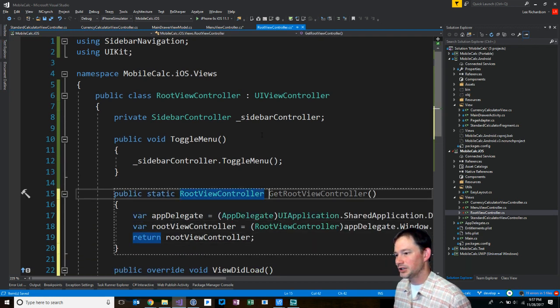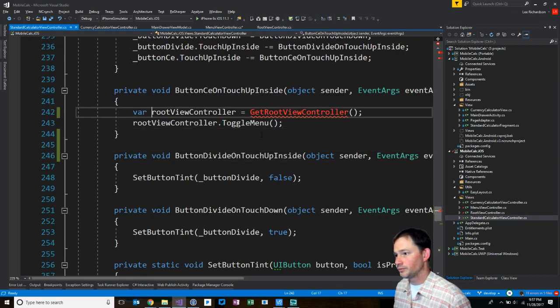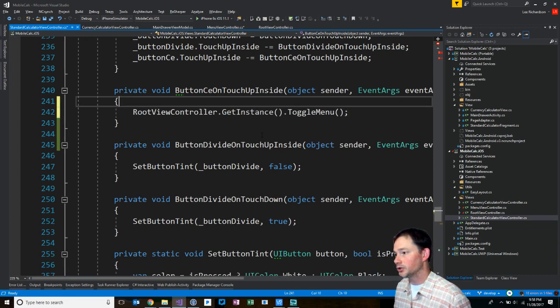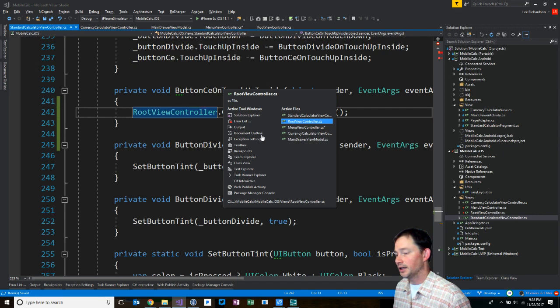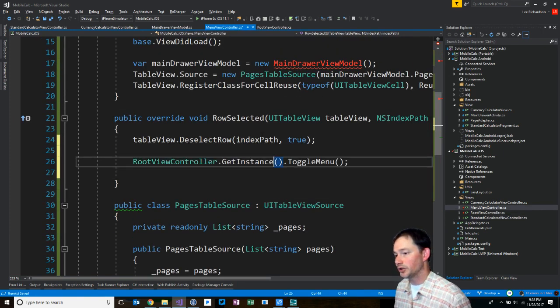But actually, let's call it get instance. How about that? So this will be called get instance. That's a nice little refactoring right there. In fact, now we can just inline that. Control RI to inline, and then we can do the same thing in the menu view controller. We can say root view controller.get instance dot